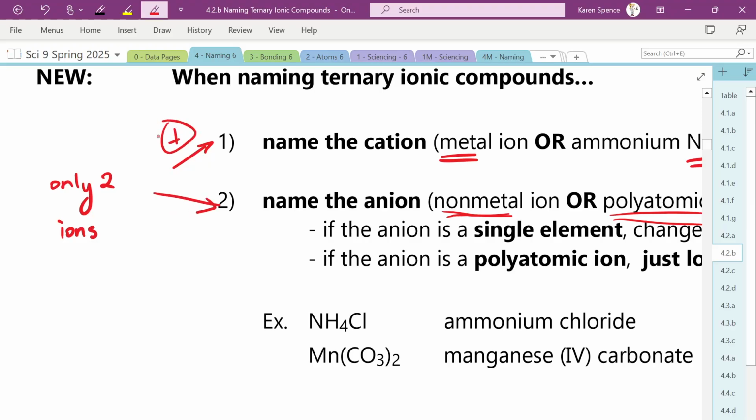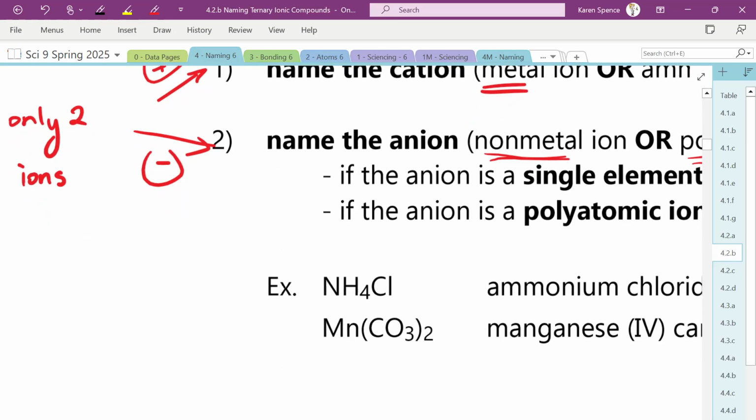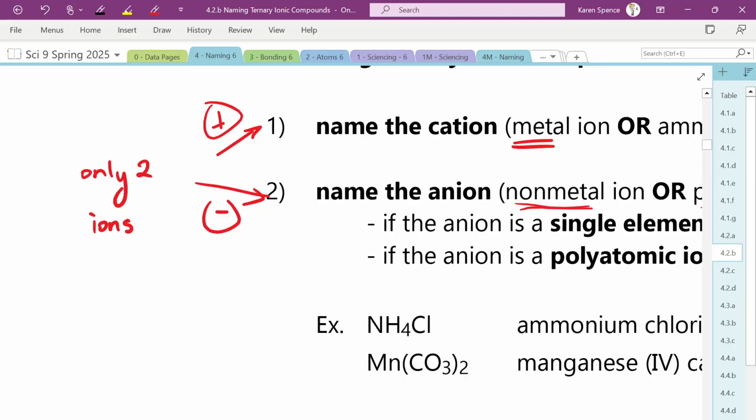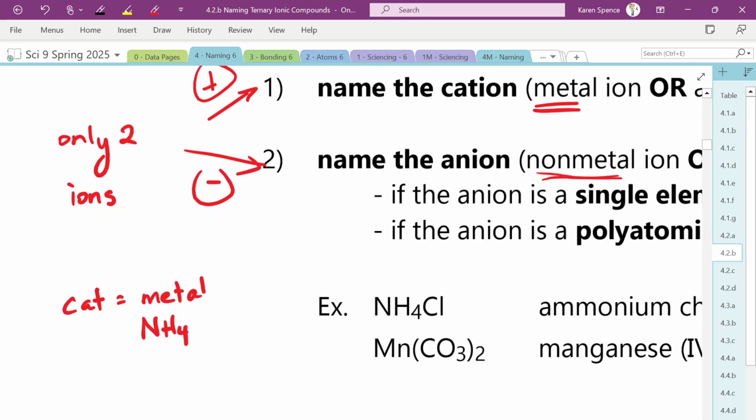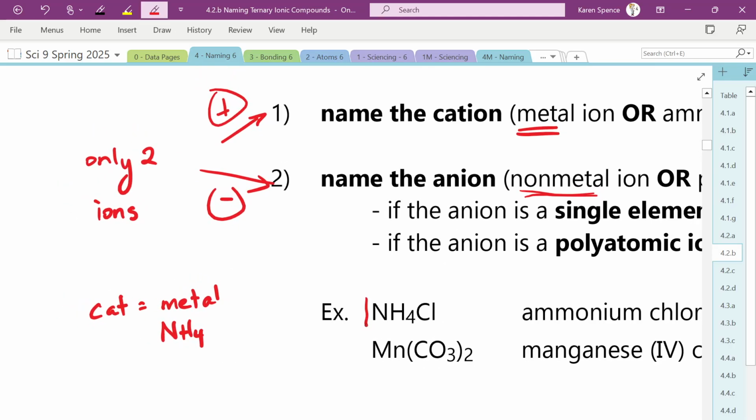Okay, there's the positive ion and there's the negative ion. So even though the formula can be big and ugly, there's really only 2 things to name. So if we look at our formula, we have to say who is the cation, who is the anion. Remember, the cation is either a metal or NH4. So in this compound here, NH4 plus is the cation, and that means that the rest of it, Cl